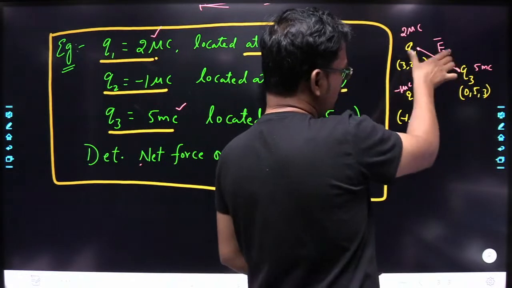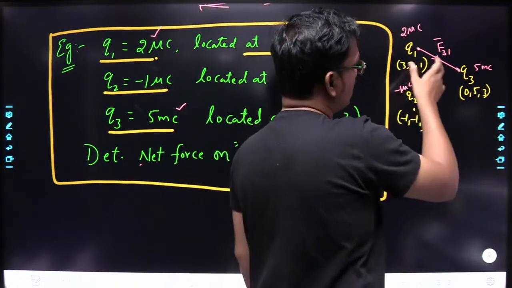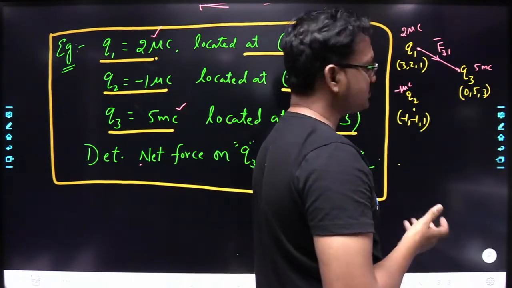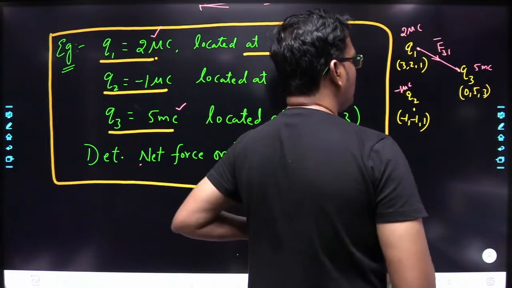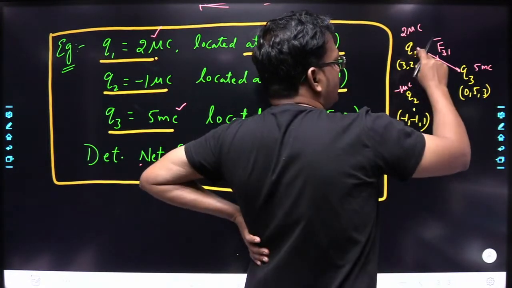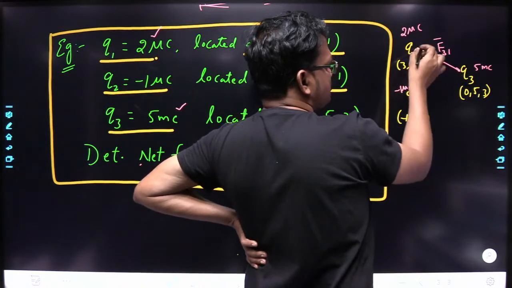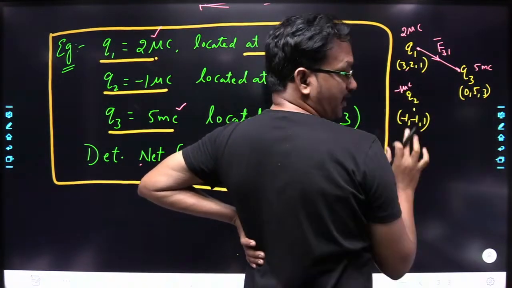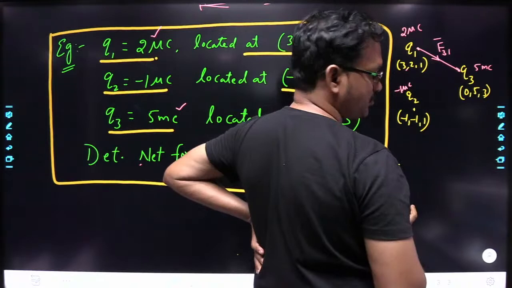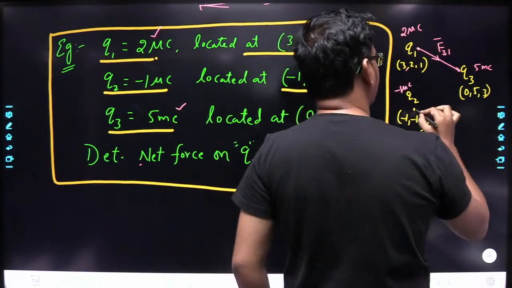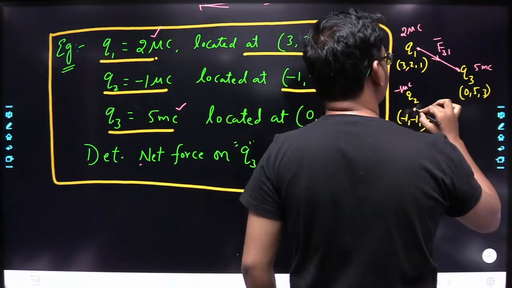So you know how to write the magnitude and you know how to write the unit vector, that is direction. Yes or no? Okay, whenever you are writing the unit vector, what you have to do? You have to write the vector that is pointing from this point to this point, divided by its magnitude. Okay, next you have to determine the force on Q3,